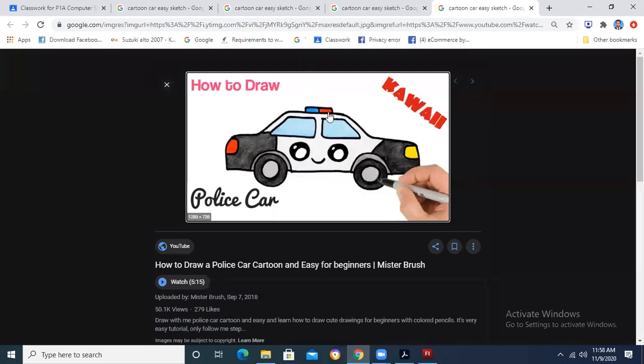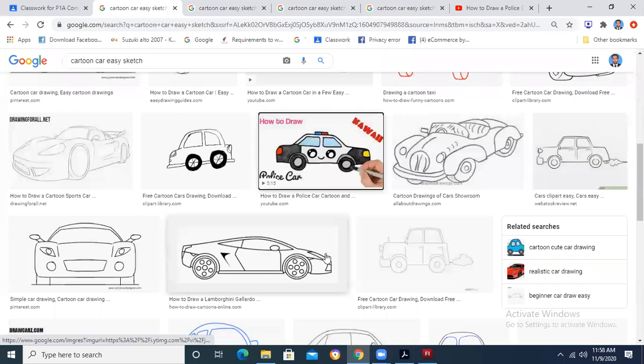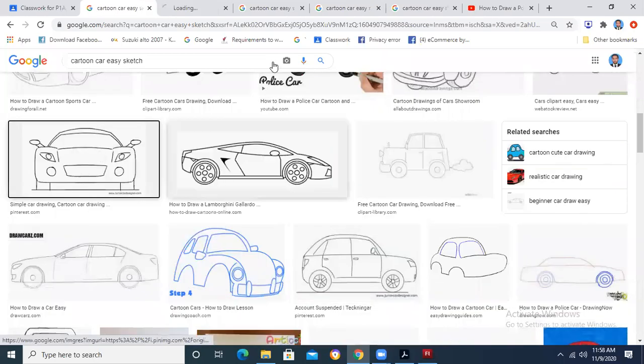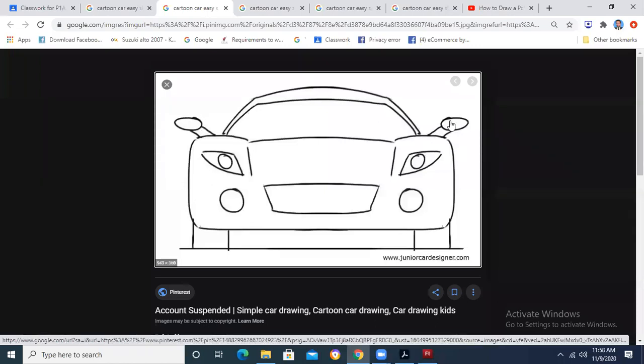This is rectangle, this is rectangle, this is rectangle. These are also rectangles, but we have changed the sides. These are also rectangles. This is oval, this is oval, wheels are oval. So this is very convenient, very easy for us to draw sketches. Sketches are of the front side of the car, just like this is the front side. How can we draw it? This is oval shape, this is oval shape, this is circle, this is circle, this is rectangle, but we can change the shape. Can you see this?